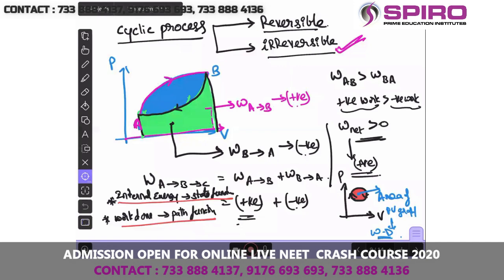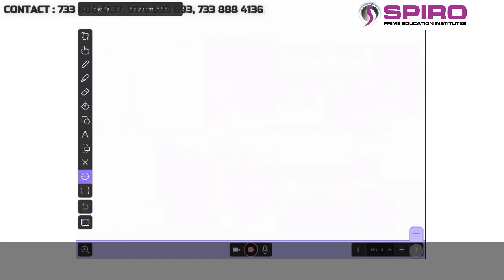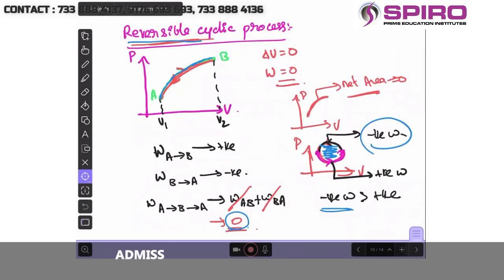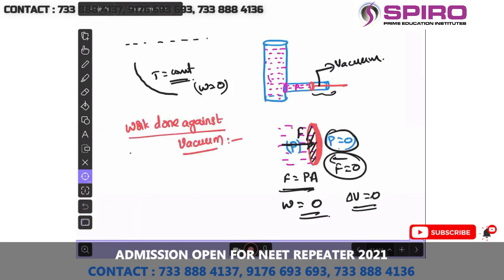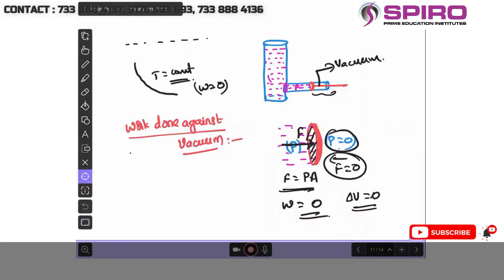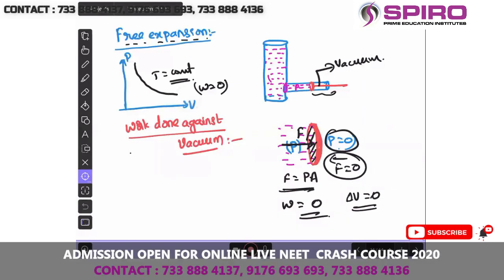Clockwise cycles will give positive work done, and anticlockwise cycles will give you the negative work done. Okay, in the case of the reversible cyclic process, the net work done, positive work and negative work will be always same. That's why total work done will be 0 there. And in the free expansion, against the vacuum expansion takes place, the temperature will not change even though it is not said to be the isothermal curve, because work done will be 0 here. Okay, that is also called work done against the vacuum.